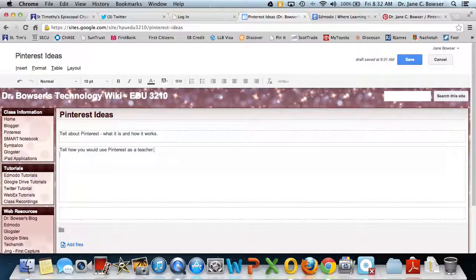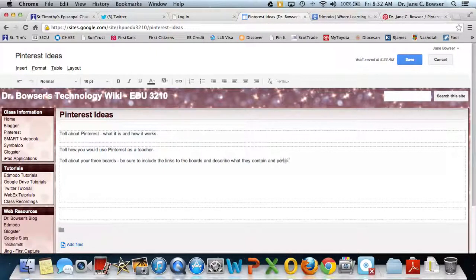So as a part of this description, or you may do it in a separate paragraph, whichever works best for you, you also want to tell about your 3 boards. And when you're doing that, you want to be sure to include the links to the boards and make sure they're visible. Use the whole name of the board. So if mine's called Science Lesson Plan Ideas, that's the text I want to link to it. Not just science, but the whole name Science Lesson Plan Ideas in title case, because it's going to make it much easier to find. So be sure to include the links to the boards and describe what they contain,